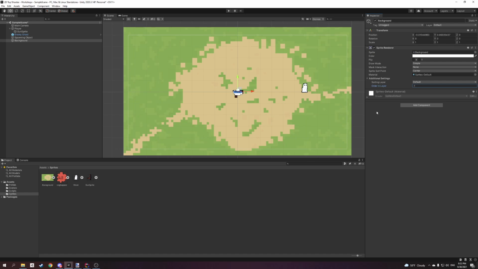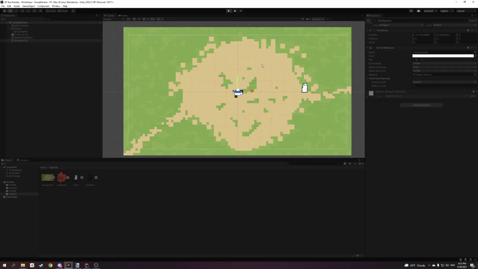Where's my object? What am I doing? Well, it's basically because it's being hidden behind the background, right? That's one of the reasons. That's mainly a reason, especially if you don't know that order in layer exists. So I want you to keep that in mind when you're doing this, right? So now we can press save, press play, and